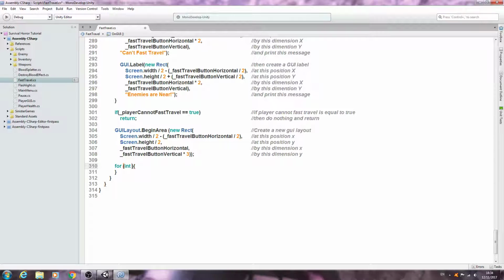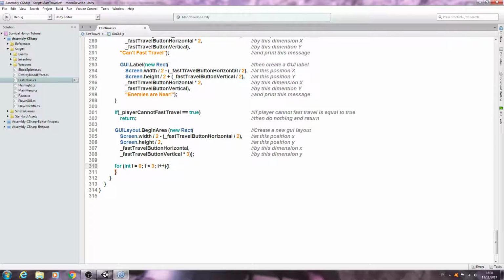And we'll just give it the standard I, naming convention, equals 0, and we want the semicolon. I less than 3, semicolon, I plus plus. So what we're doing here is we're getting the length of the string. I equals 0. If I is less than 3, which is the number of fast travel points I have, then